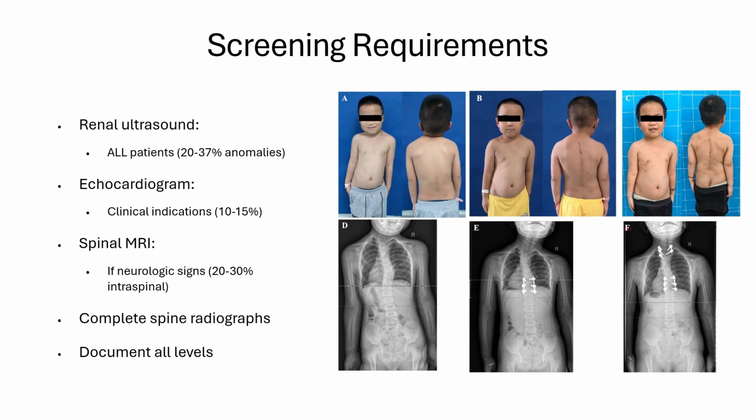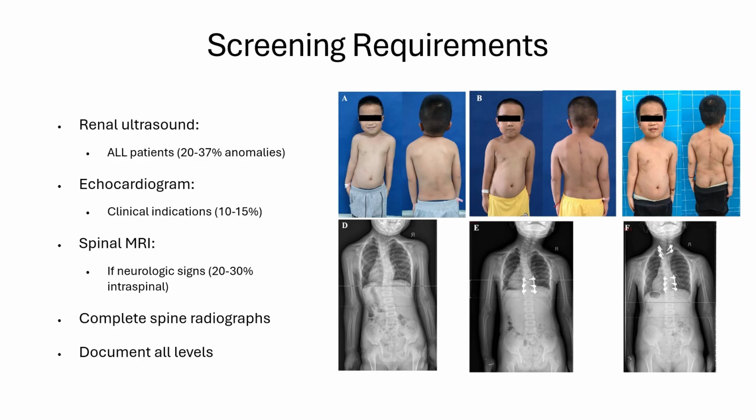Echocardiogram is indicated when clinical findings suggest cardiac involvement, occurring in 10 to 15% of cases. These cardiac anomalies can range from simple septal defects to complex congenital heart disease that requires immediate intervention. Spinal MRI becomes essential when neurologic signs are present because intraspinal anomalies occur in 20 to 30% of cases with